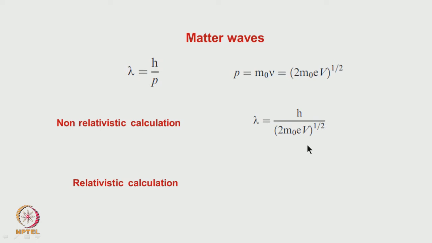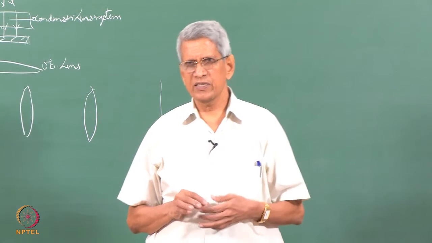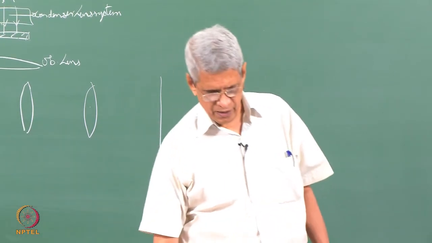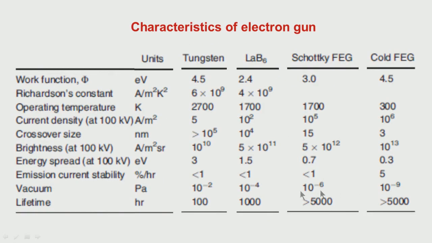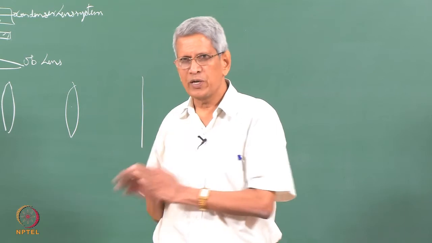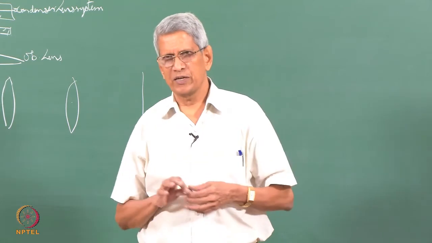But we know that the electron mass is very small. Even for 100 kV, the speed with which the electron travels is very fast. So we have to take the relativistic correction into account. When we do that, this is the formula which we get. This you might have studied in physics or relativity theory. Essentially, in this slide, what we have talked about so far is how to find out, given a particular voltage for the electrons, the wavelength associated with it.